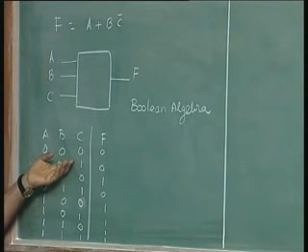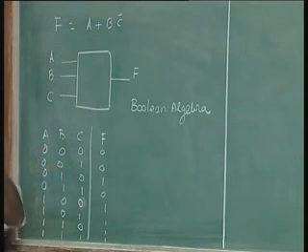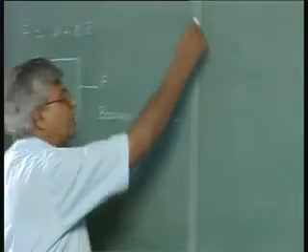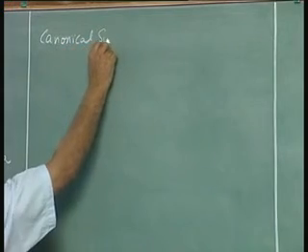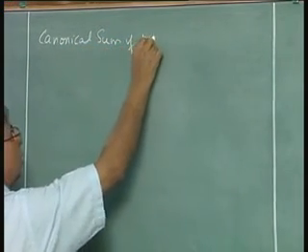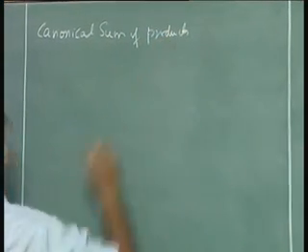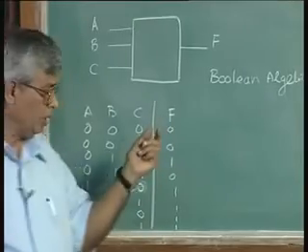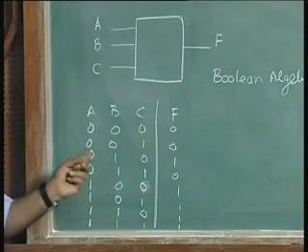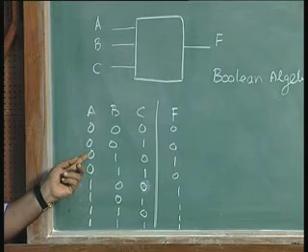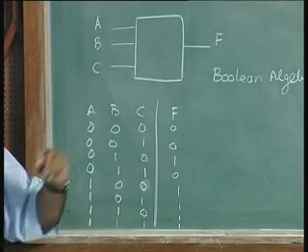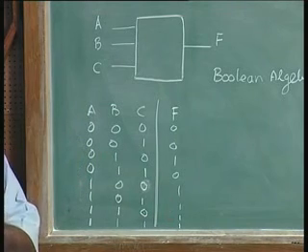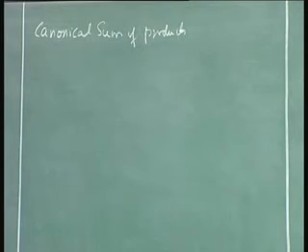When you write it from the truth table, we get what is known as a canonical sum of products. So we'll first write the canonical sum of products. It will have the min terms corresponding to each of the input combinations for which the output is true. So each of these product terms is called a min term. So F is